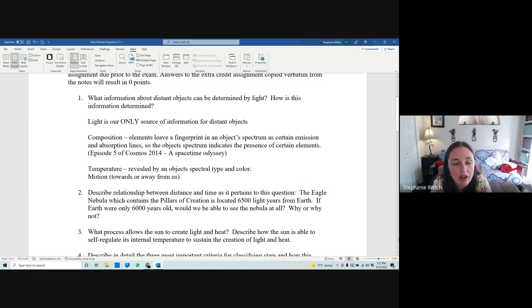Now, when I'm talking about temperature in the lecture, I go into Wien's law. You will not be using Wien's law. And really, if you get the basic concept that the redder, longer wavelength end of the spectrum typically represents cooler things, and the bluer, shorter wavelength end of the spectrum represents hotter things, as long as you get that basic concept, you don't really need Wien's law. If you're not actually doing the math, and we're not, then you don't really need to know that. I just wanted to throw that in there as a little bit of a source for that